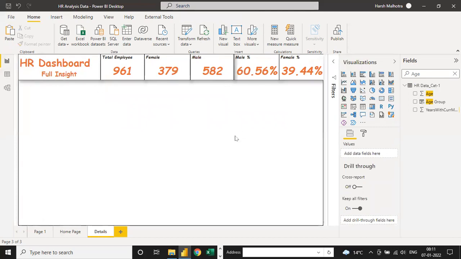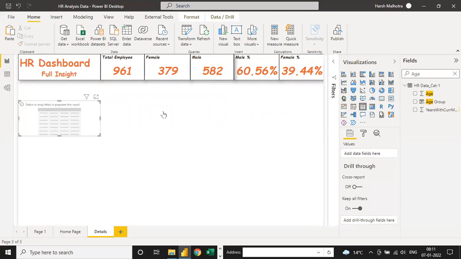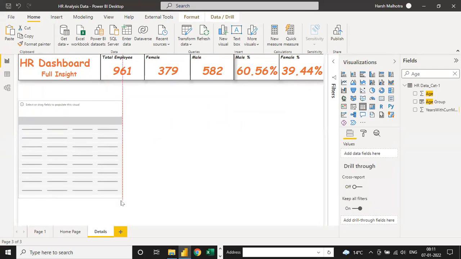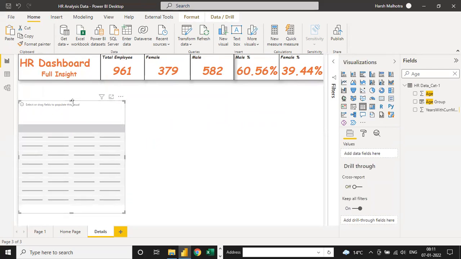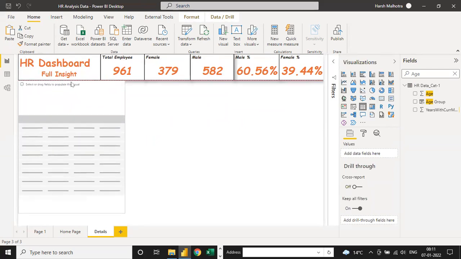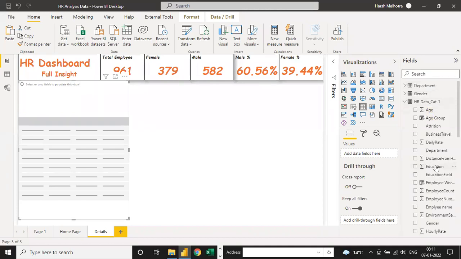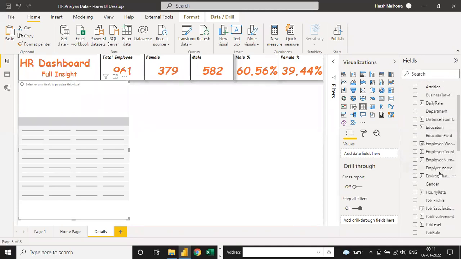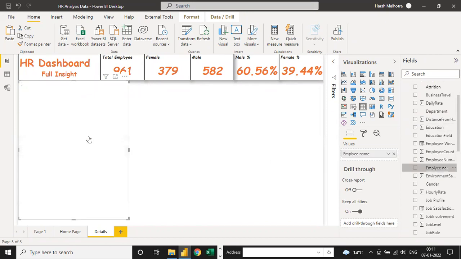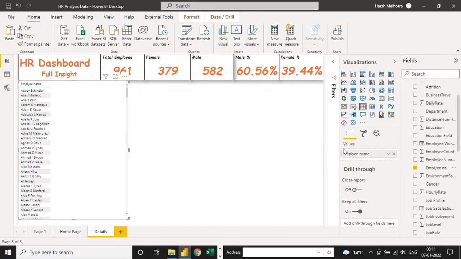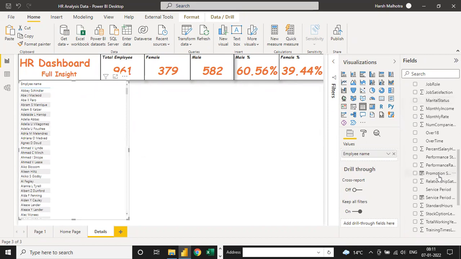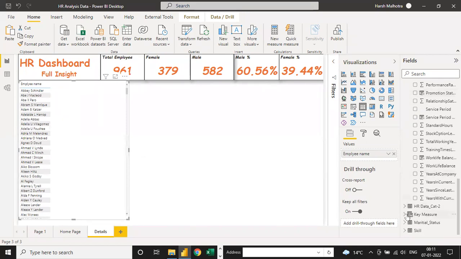So click any of the table, like select any table here. Bigger table. And now you have to select from here the employee name column. This is employee name column. Select this one, employee name.